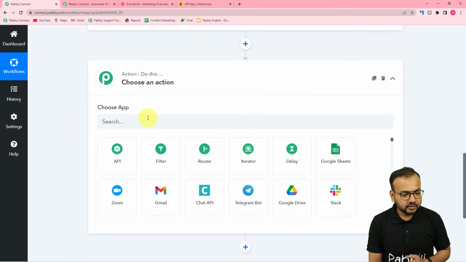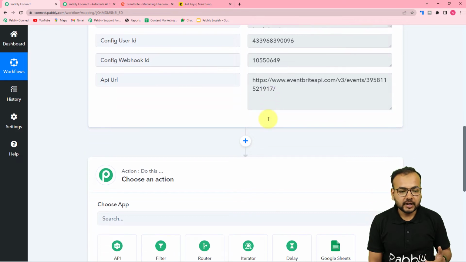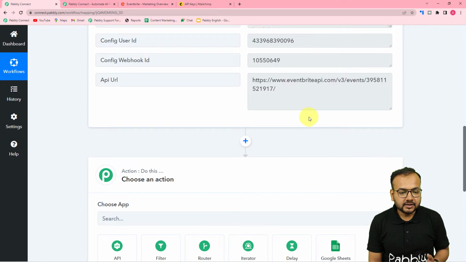of Eventbrite. So here you can see we have received this API URL, and here in this API URL in the last part you can see a string of numbers 395811. So guys, this is an ID of event. Okay, so with the help of this event ID we are going to retrieve the data of the event using an action event. But guys, before that we are going to fetch out this event ID from this URL. We have to separate out this string of numbers from this URL